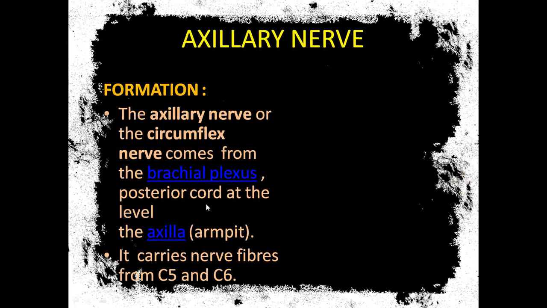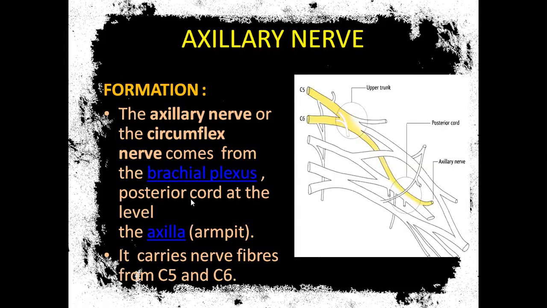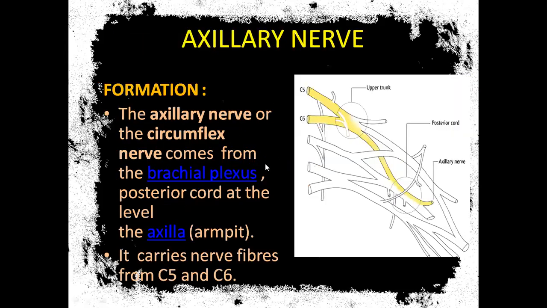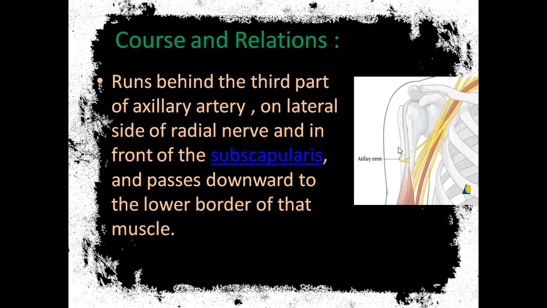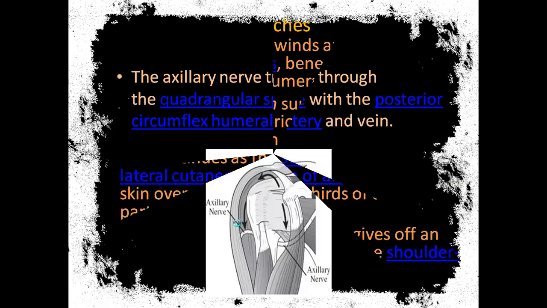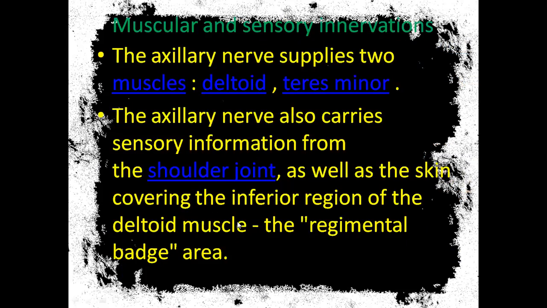Now the axillary nerve. From where is it formed? Posterior cord of the brachial plexus, root value C5, C6. What is the major muscle it is supplying? You will see this in the extensor compartment. Axillary, beta. Axillary, deltoid, no? Axillary nerve goes through the upper quadrangular space along with the posterior circumflex humeral artery, isn't it?